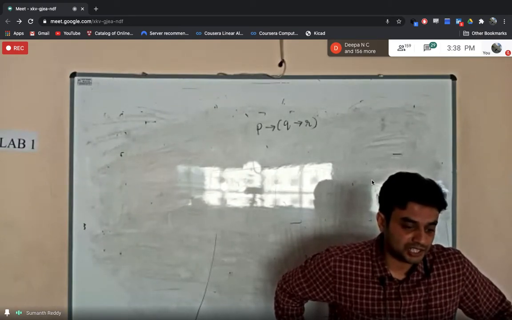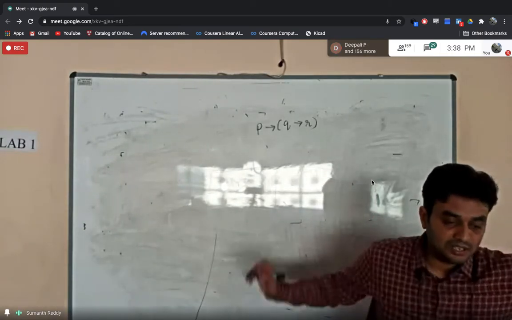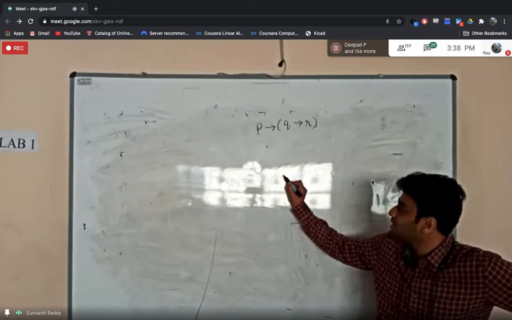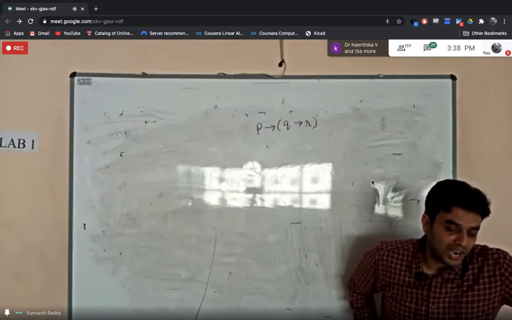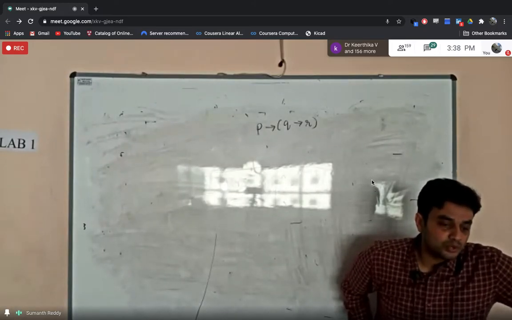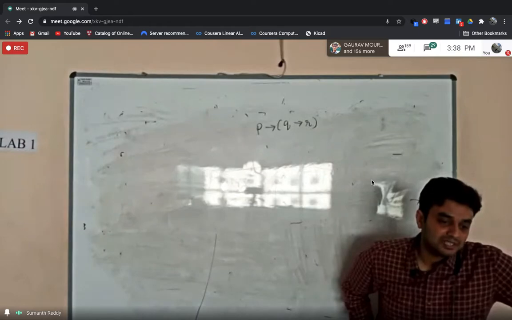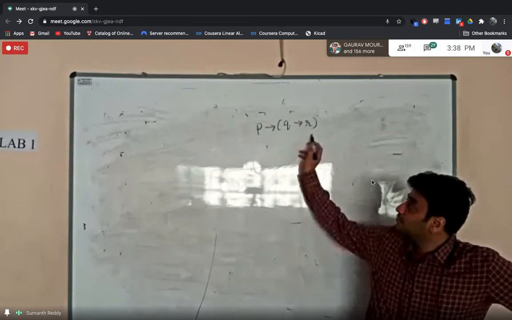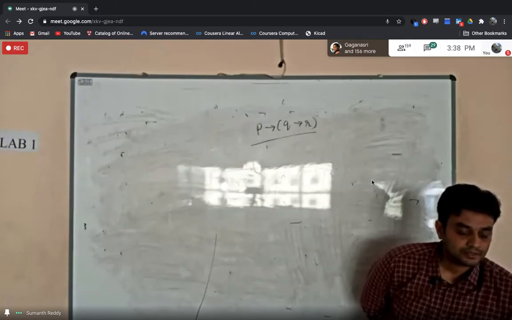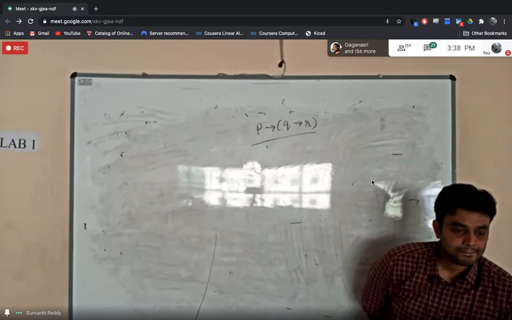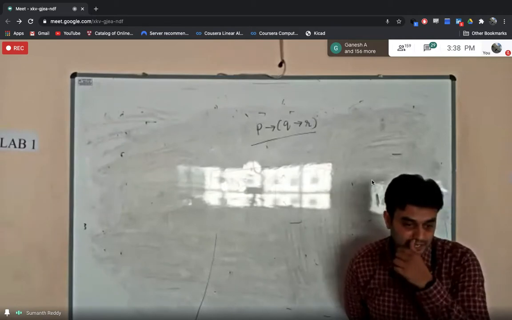See, for conjunction, you can just use the power symbol. In the keyboard, you will be having one symbol like this. You can use the same symbol. Those who are having the mobile phones, if you can't answer, it's okay, ignore. Those who are using the laptop, if you could answer, just send me the answer. What is the dual of this compound proposition? Solve it and try to post the answer in the comment section.